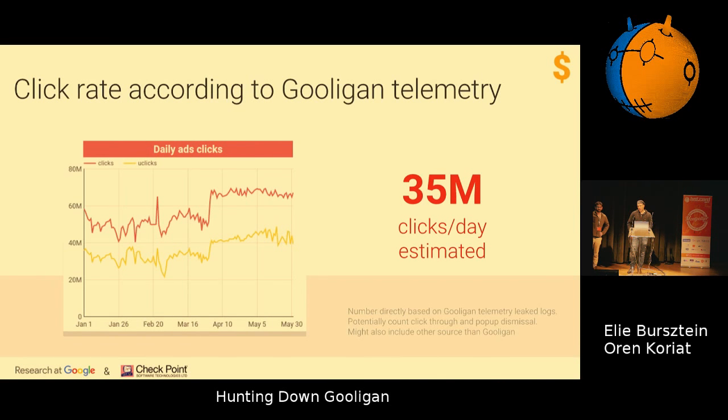Thanks to the telemetry of Gooligan itself, we looked at what they had, and we believe they were making sometimes 35 million clicks a day. That doesn't mean 35 million installs, it just means 35 million clicks. Some of them might actually come from other channels. As we mentioned, those were legitimate apps, so some of it might be the Gooligan stuff, and some might be advertisement on websites, or maybe other stuff, we're not sure. So it's basically the volume we saw.